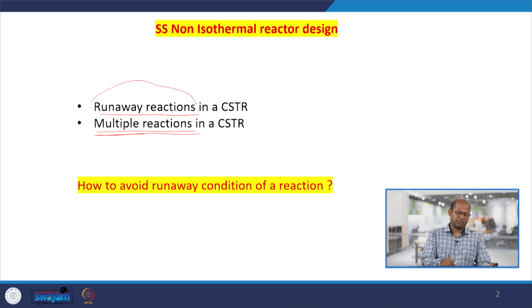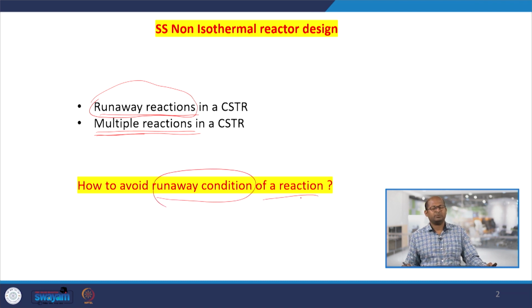In that reactor, runaway reactions are possible. So, how to avoid runaway conditions when we conduct the reactions inside a reactor? What runaway conditions mean, as I said in our previous class, is that when we conduct a reaction we always expect that it should operate under steady state conditions, whatever the feed inlet temperature. Let us say the feed inlet temperature is fixed, but when we operate the reactor under steady state conditions, suddenly, since multiple reactions take place,